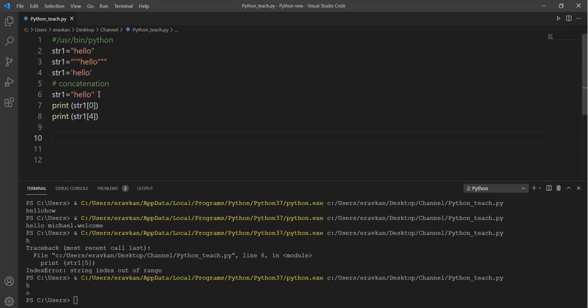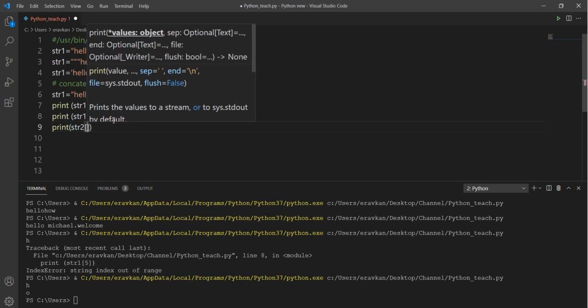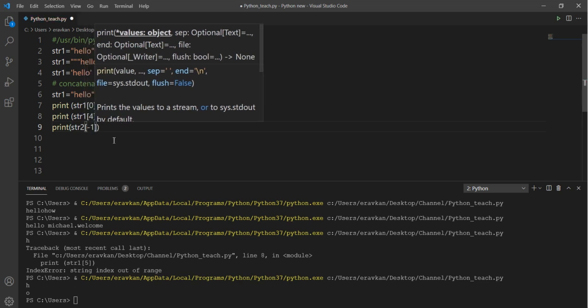One more thing in indexing: you can start from the back direction also. So this will be -1, this will be -2, -3, -4, -5. This concept we will discuss in more detail when we discuss slicing in a string. For now, just understand that we have two ways to access a string character, by using the negative index or the positive index.